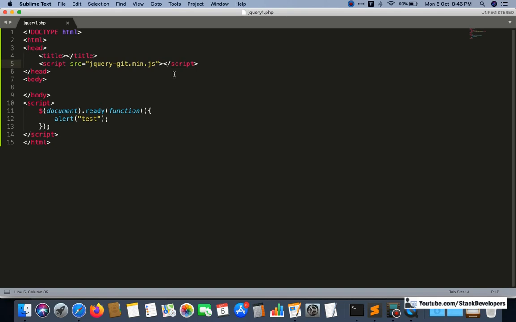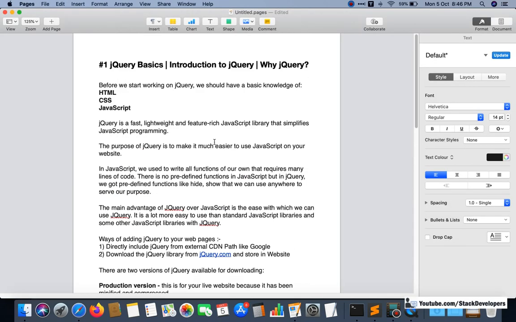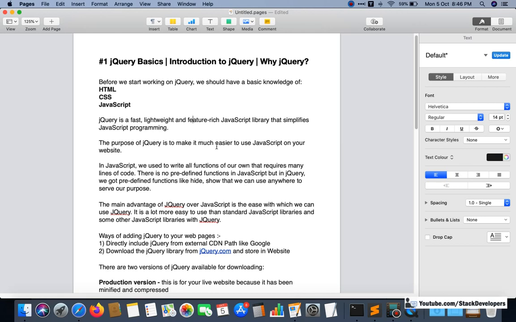Okay, so now come back to here. See, the purpose of jQuery is to make it much easier to use JavaScript on your website. JavaScript takes more time when we write code in it. We need to write all our functions as well.